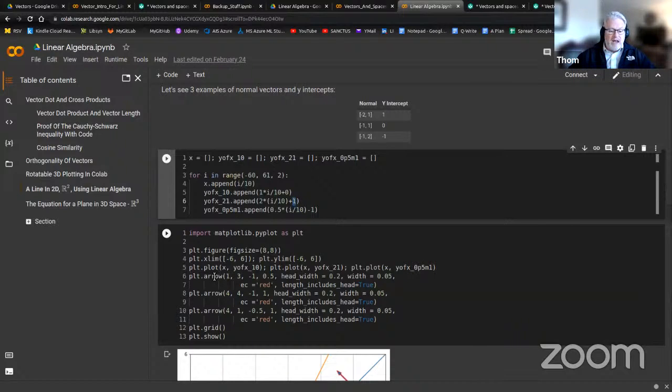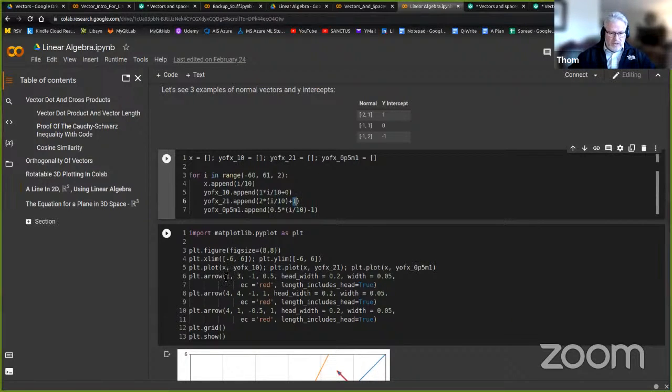Then I'm doing an arrow that's normal to each of these lines. And so each of these,